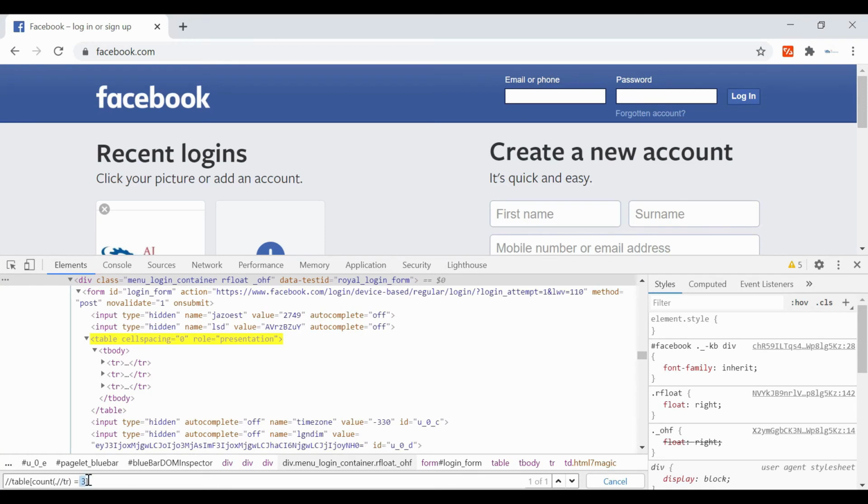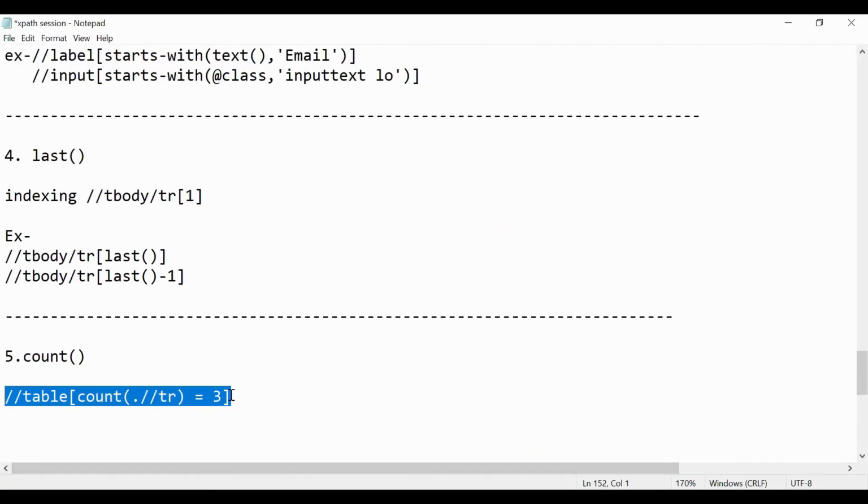According to the number of rows, that table will be identified. So this is how you can use this count function. I have already created it, just as an example.